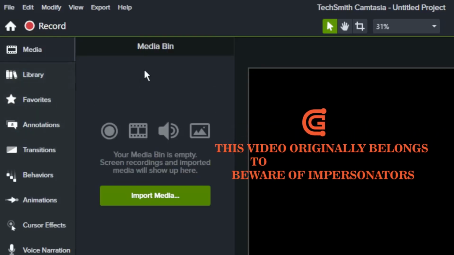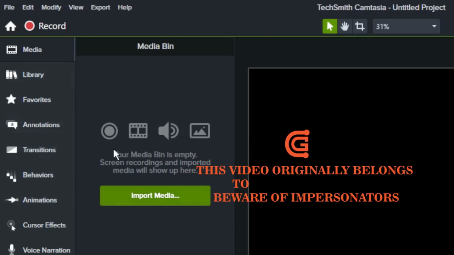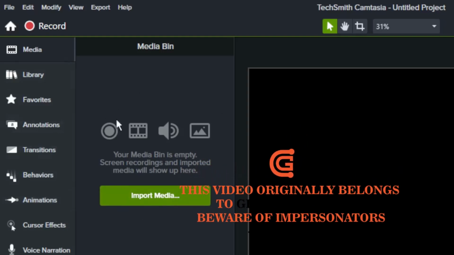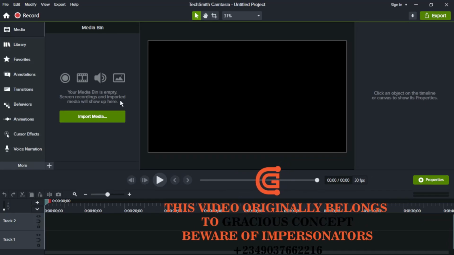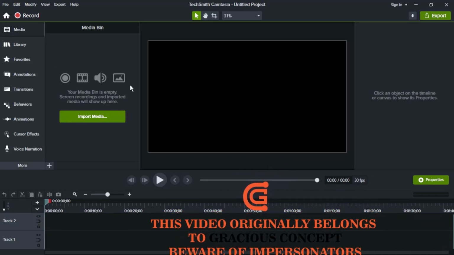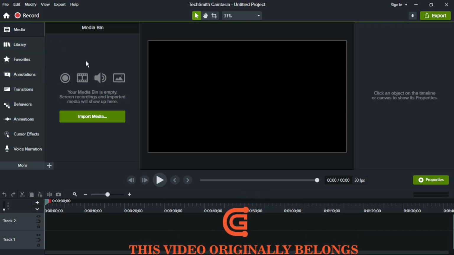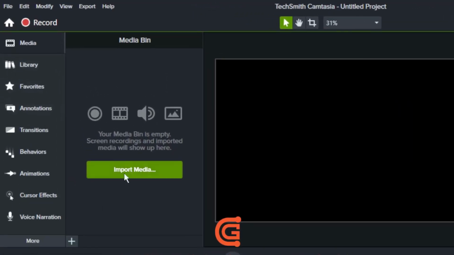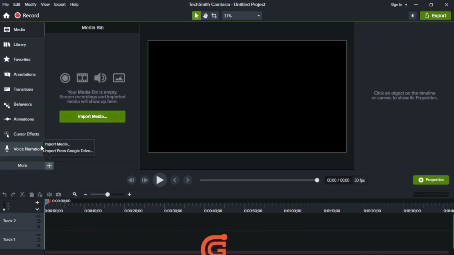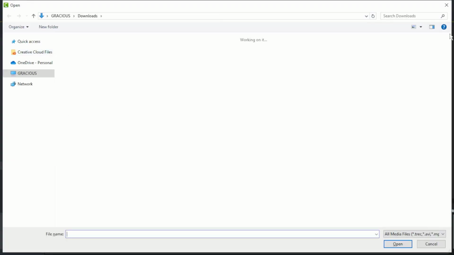Now, this media, it is basically a place whereby whatsoever at all you want to make use on your timeline, this is where everything will be placed. Probably you want to import anything from your computer. All you just need to do is to click on this import media, or you click on this place, import media. So it is very easy as that. So let's assume we want to import any media. What we just need to do is either you click on Ctrl-I on your keyboard, as you can see, Ctrl-I on your keyboard, or